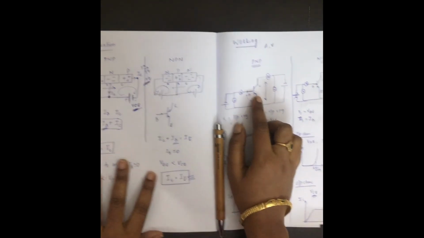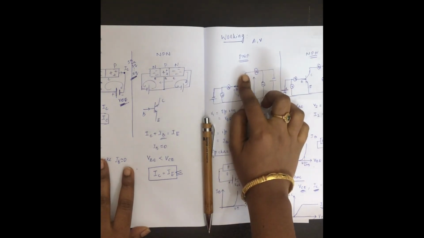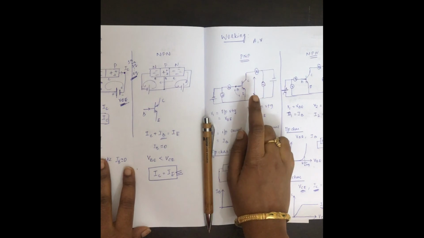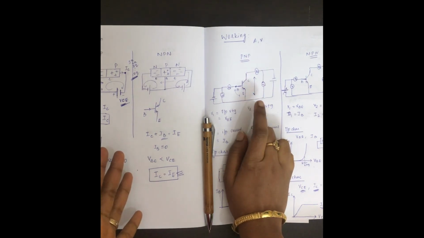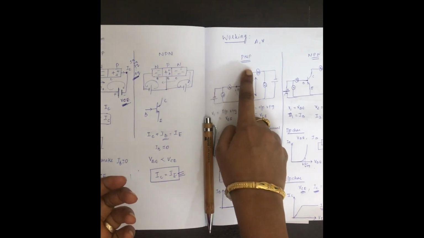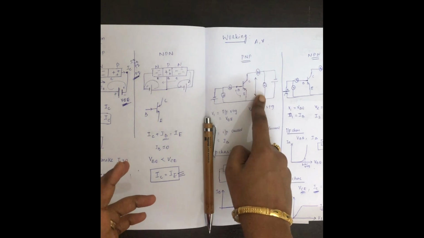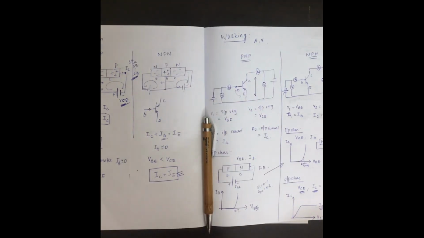Here, the emitter is connected to base and the emitter is connected to collector. There are other configurations also where you take base common to emitter and base common to collector, or collector common to base and collector common to emitter. So there are three configurations: common base, common emitter and common collector for designing a transistor using